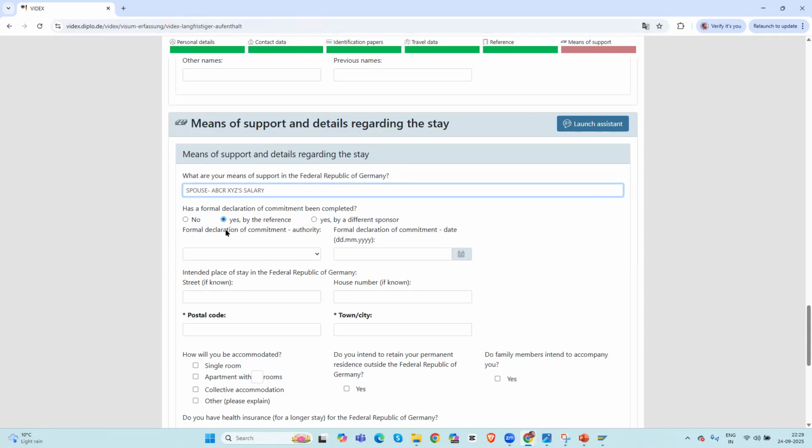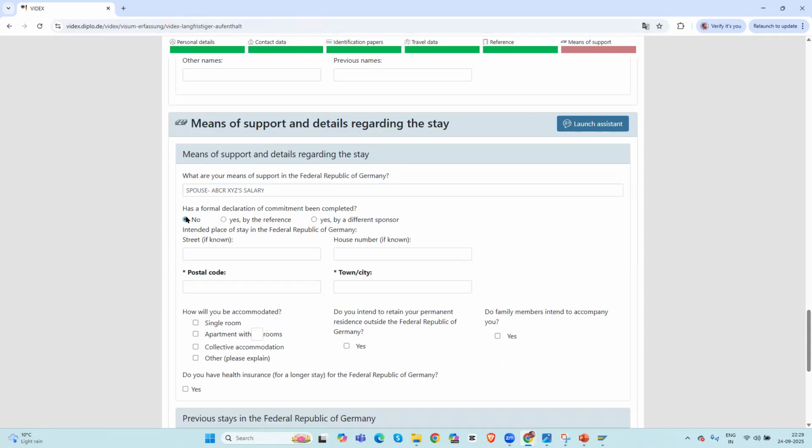The next one is, has a formal declaration of commitment been completed? I have selected no since I haven't. And then your intended place of stay, like where you want to live, the street,